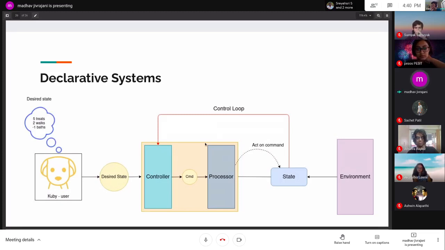A lot of these control systems topics, I'm not too sure what they mean, but that concept is very widely used, and that's what is used in building large scale systems. So I'll talk about what that means. It's just a lot of buzzwords for now. So yeah, that's what declarative systems are.